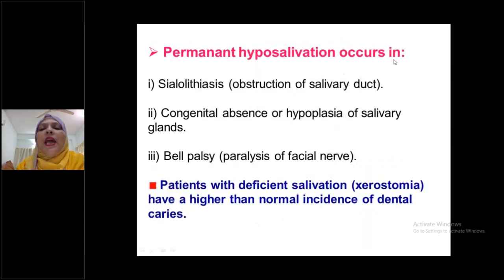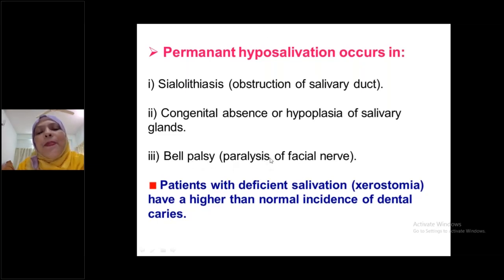Now, permanent hyposalivation occurs in sialolithiasis, obstruction of salivary duct. Sialolithiasis means obstruction of salivary duct which causes permanent hyposalivation, congenital absence or hypoplasia of salivary gland. Salivary gland এ congenital absent থাকলে কি সালাইভা তৈরি হবে? হবে না, সেক্ষেত্রে হাইপোসালাইভেশন হবে। এবং বেলস পালসি, তোমরা থার্ড ইয়ারে যখন উঠবে তখন দেখবে বেলস পালসি বলে একটা ডিজিজ আছে,